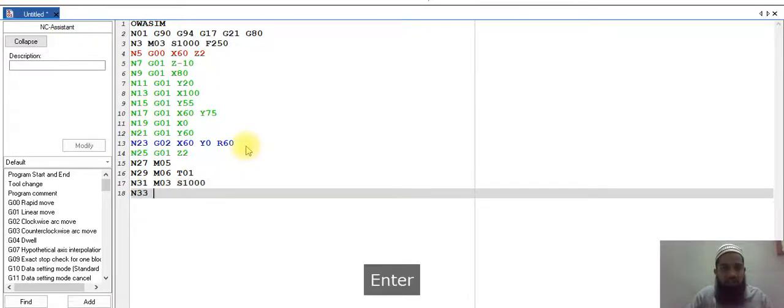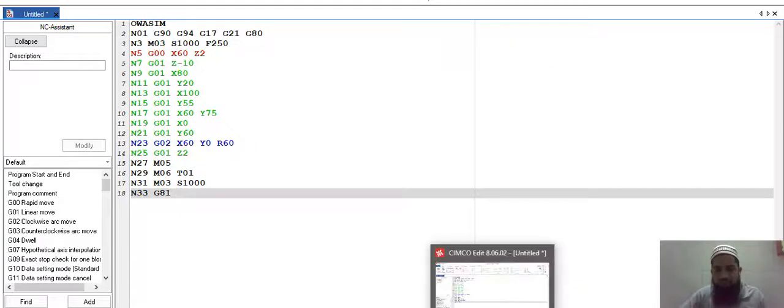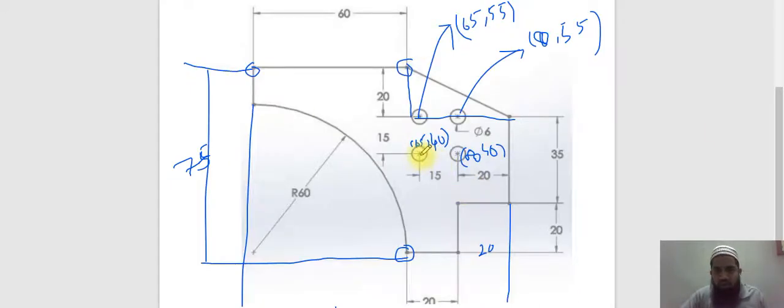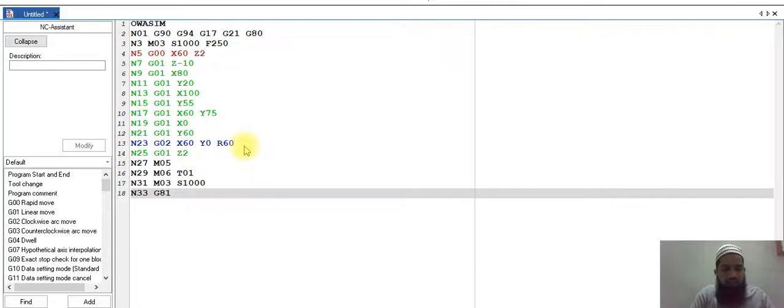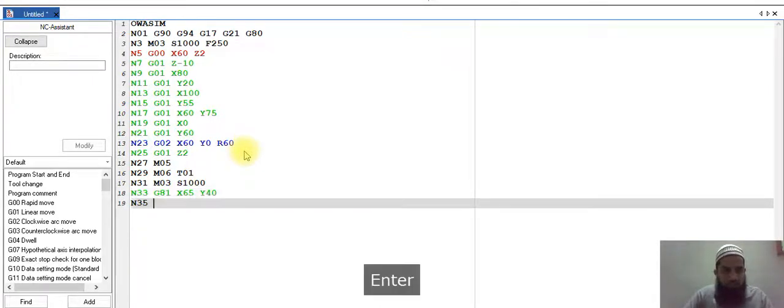No need to write the value of F because in this case I can directly use G81 with the value of x and y of the first hole, and then I will drill this hole. 65 and 40, 80 and 40. So G81, X will be 65 and Y 40, then X 80 and Y 40 for both holes.